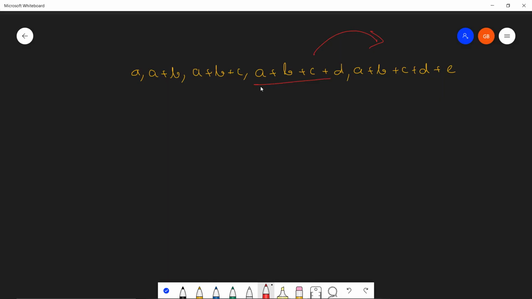So if the first player, Alice, selects a plus b plus c plus d, then Bob has to select this value. One more thing we can notice is that we don't need this a, because we cannot select just one stone. We definitely have to select at least two stones, because the value of x given to us in the question is greater than one, so a single stone selection is not possible. So now we are dealing with this array over here.